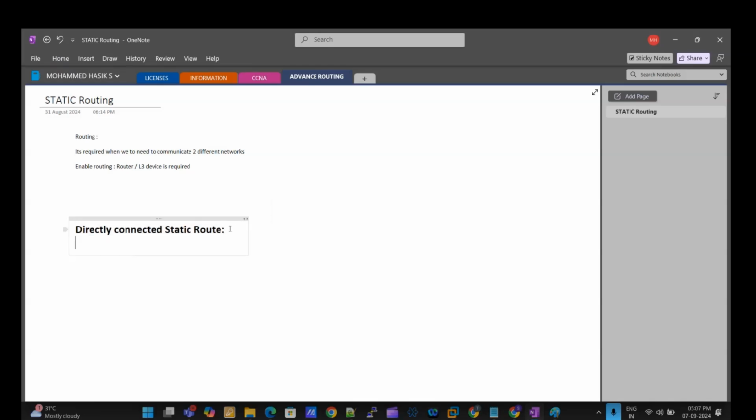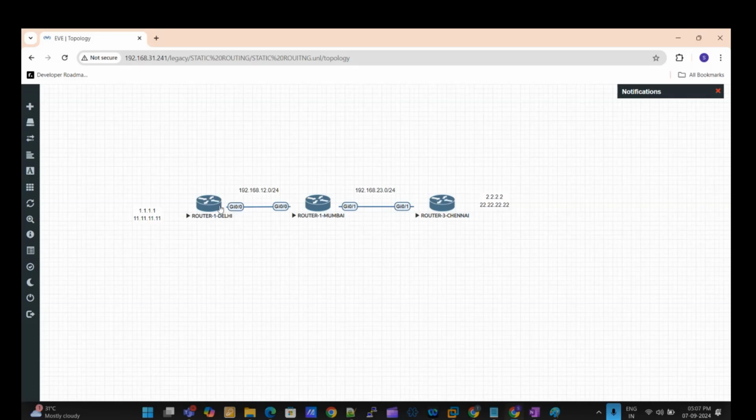So we are going to discuss about directly connected static route. It means, from here, this is my stub router. If it is my stub router, I can make a default route towards this. What is a stub router? Stub router means,